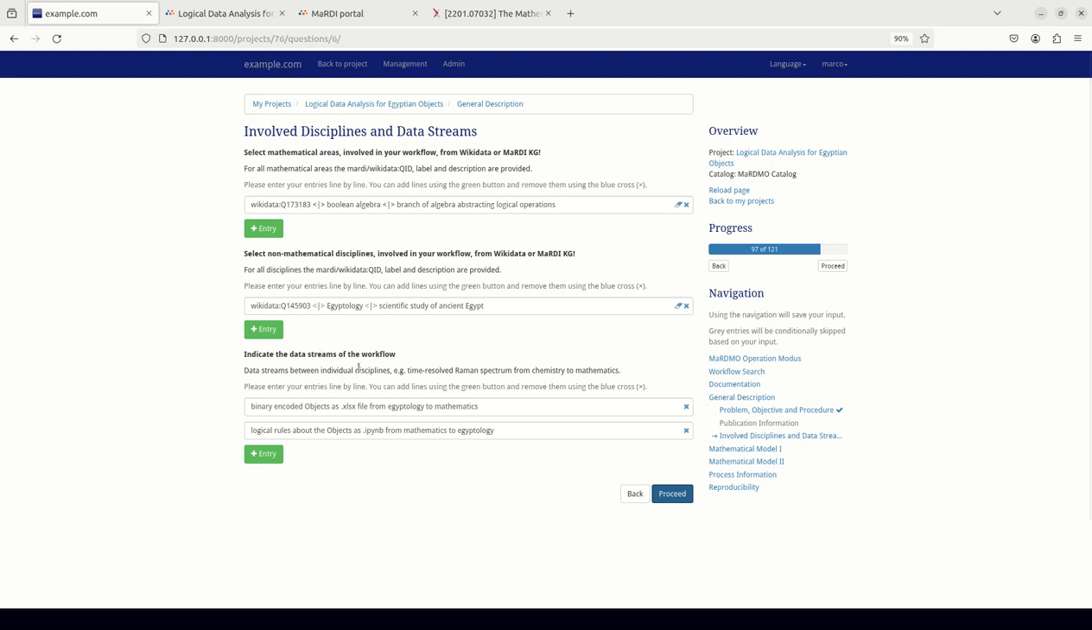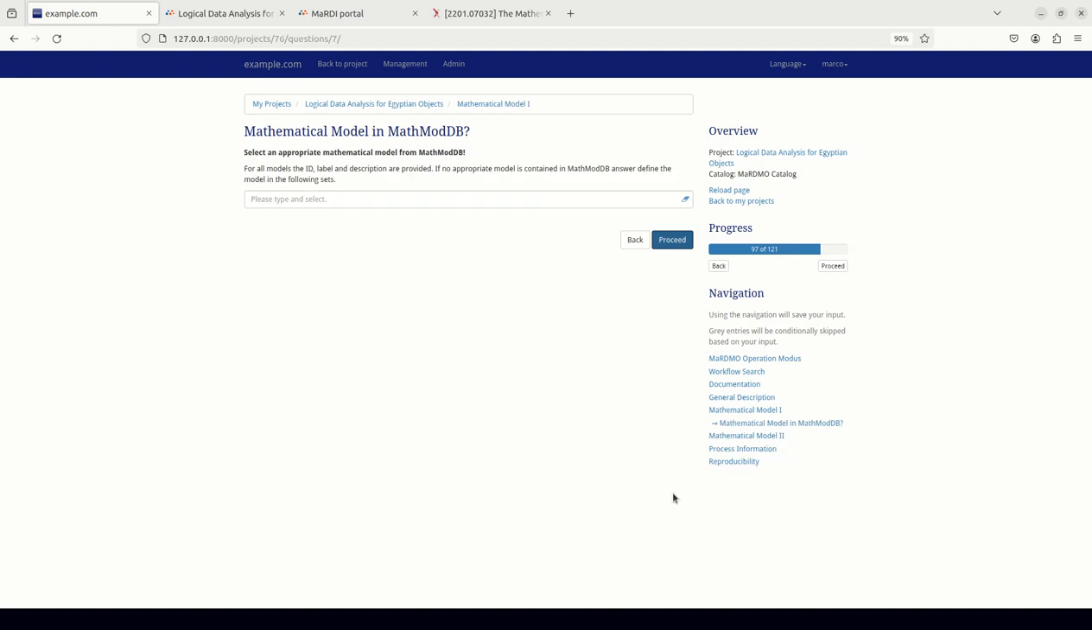in this workflow, and we basically have two data streams. One is objects which are binary encoded in a spreadsheet file going from Egyptology to mathematics. Then the mathematicians do some mathematical calculations, and at the end logical rules about the objects go as an IPython notebook from mathematics back to Egyptology, for the researchers there to think about the statistical and scientific relevance of these rules. And thereby we have already finished the general description, and we will now continue with the